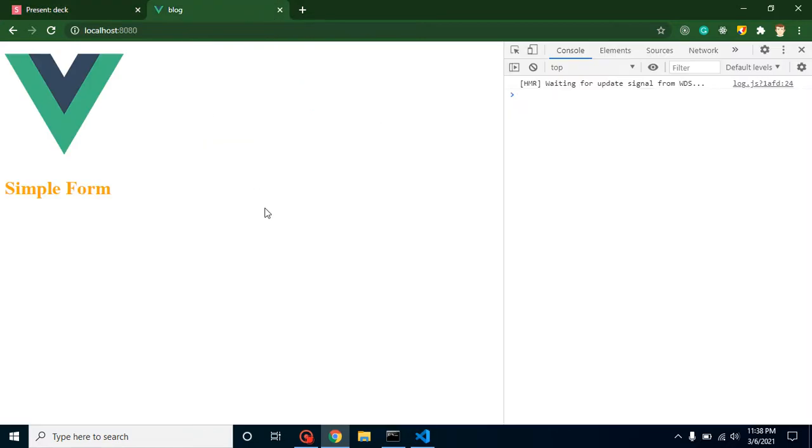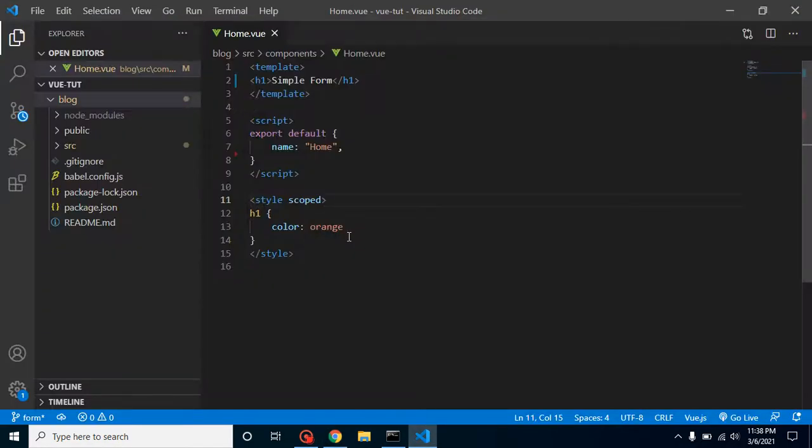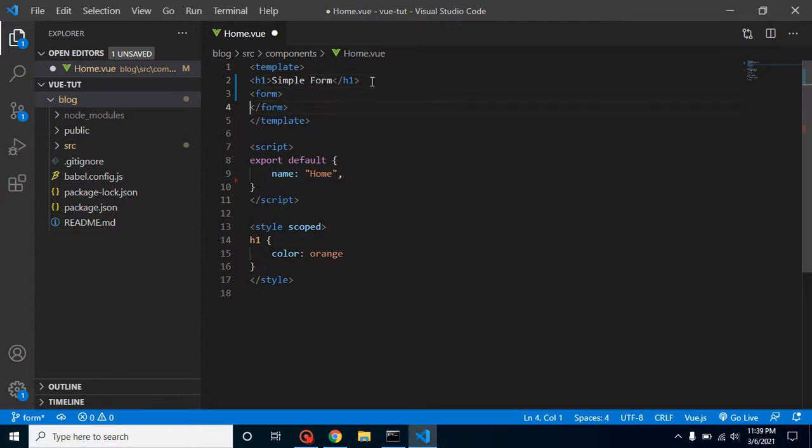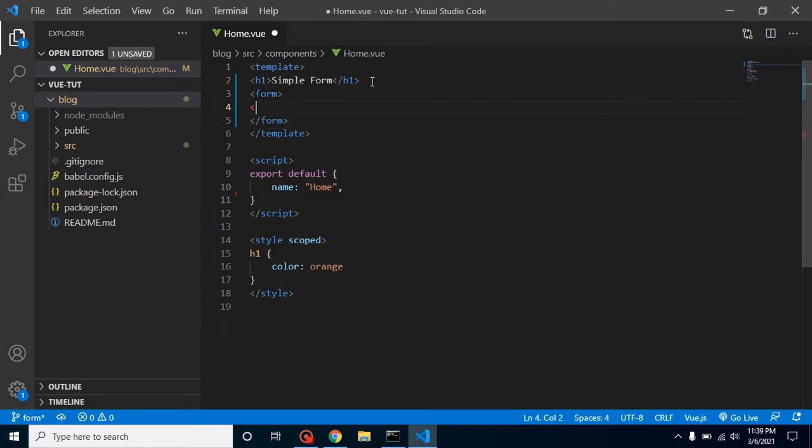This is our output screen and this is our Home.vue component. Here we will write our code. First of all, I am going to define some input fields. So let me create a form like this, and now we can close it. After that, let me define some labels and input fields. Let me take a label, and we can simply put here email.